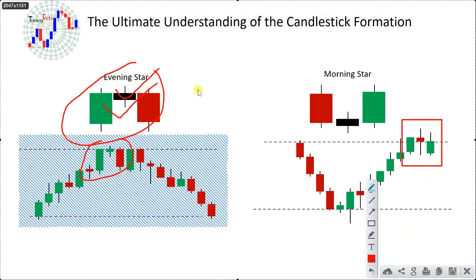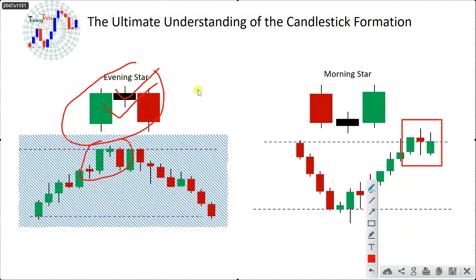So you guys have to understand what the evening star and morning star patterns are, where they form, what the condition is, and what you should do after a morning star or evening star pattern. If you know the candlestick psychology and you have been watching all of my lessons from the series, then definitely you are going to make money within a very short period of time, but you have to recognize it perfectly and apply it where it should be applied.